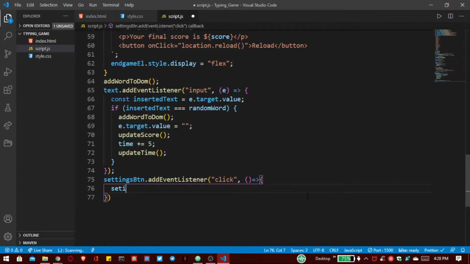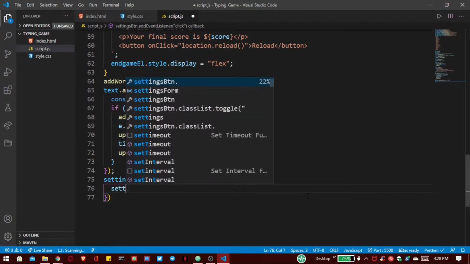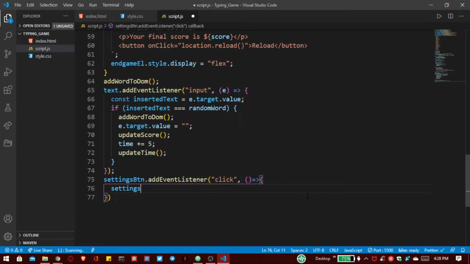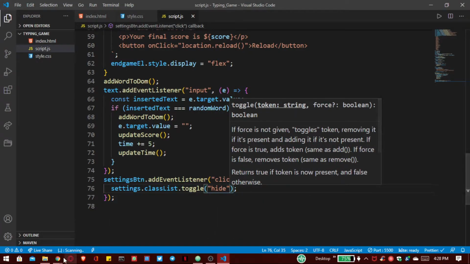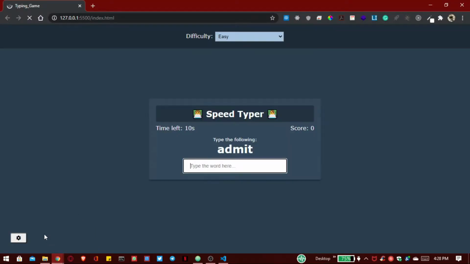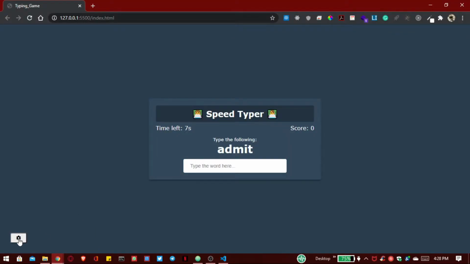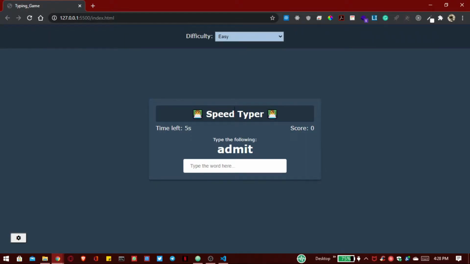Here we have to write this settings dot class list dot toggle because we want to use that toggle functionality and we want to hide that class. So now save this, open our game, and you can see here whenever I click on this button our this